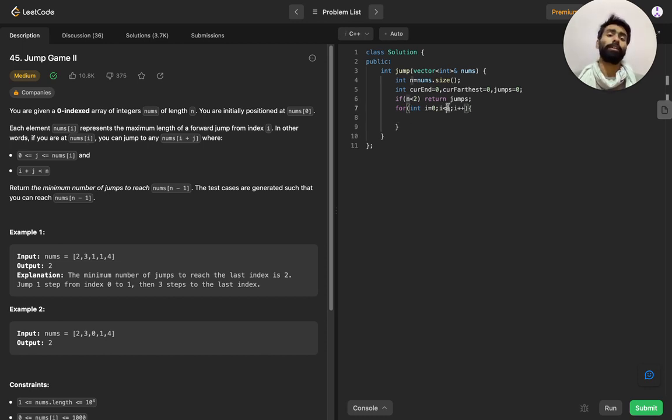Sorry, there is no need to go to the last element, because we will not take any jump from the last element. We have to reach the last element, so we will take a maximum of n minus 1 steps to reach the end. If we also operate on the last element, it will give us an array out of bound exception.